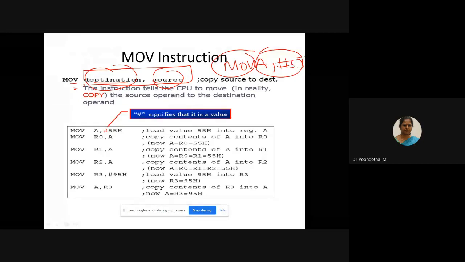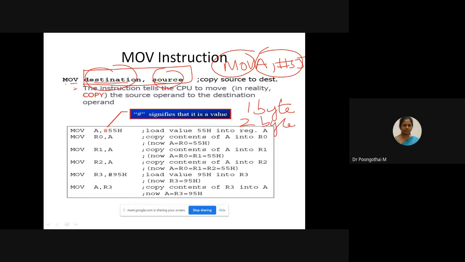Is that clear? Also, based on the length of the instruction, the 8051 instruction set is classified into 3 types: the single byte instruction, the 2 byte instruction, and the 3 byte instruction.